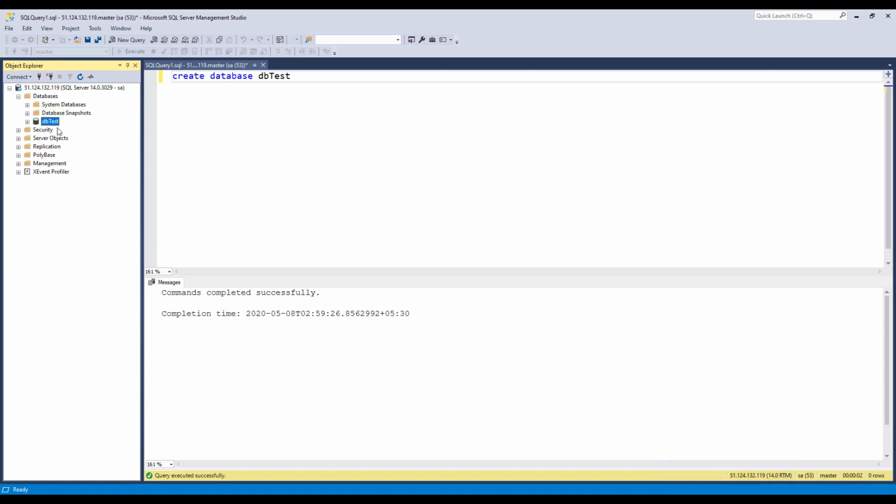So that's it, guys. That's it for this video. In this tutorial you learned how to create Azure Container Registry and how to run and connect a Docker SQL Server image on this.